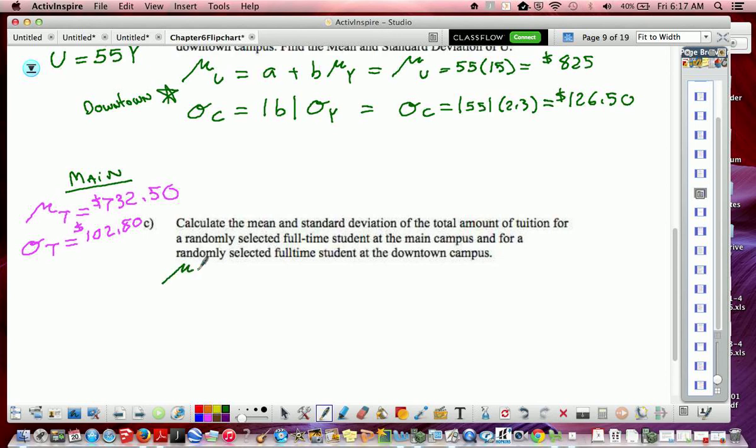So basically I'm looking at what is the mean of the main campus plus the downtown campus. So what's the mean of T plus U? Well, that should equal simply the mean of T plus the mean of U. So if I take the mean of T, 732.50, plus 825, add those together, I get $1,557.50. Meaning if I had one student going to the downtown campus and one student going to the main campus, the average tuition cost for those two students would be